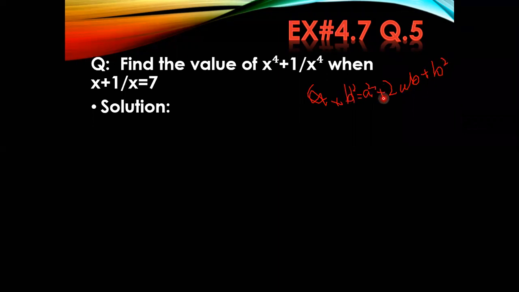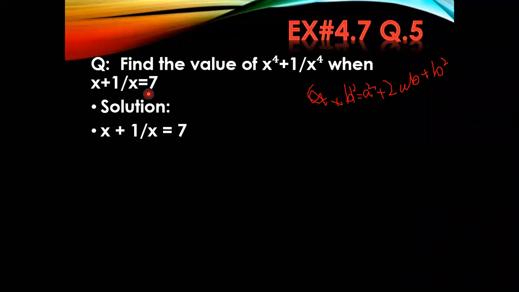Okay, we are going to use this formula and apply it two times because the required thing here is x^4. By applying the formula only one time we will get x squared, and when we apply the formula for the second time, then we will simply get x^4. Now again we will apply the same criteria: we write the given thing first, that is x plus 1 upon x is equal to 7.